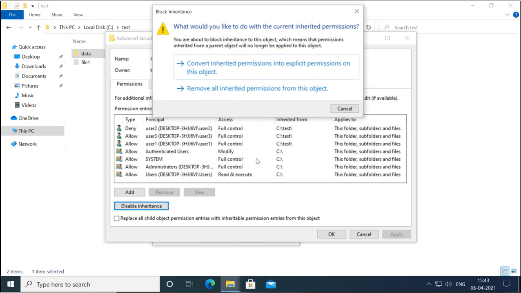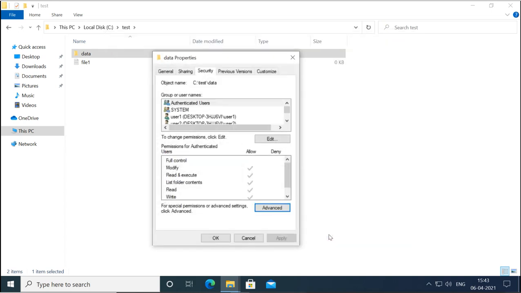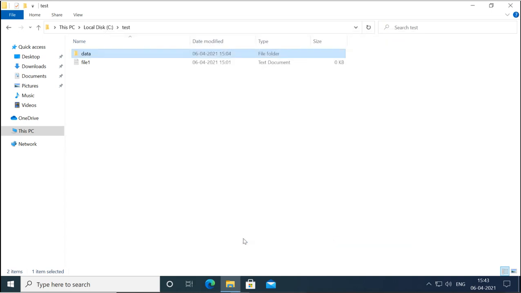So this permission will remain as it is, it will just change to explicit. Now you see it is not inherited. So this is how you can disable or again enable the inheritance also. So this is how you can assign the basic and advanced permission, and you can enable and disable the inheritance.